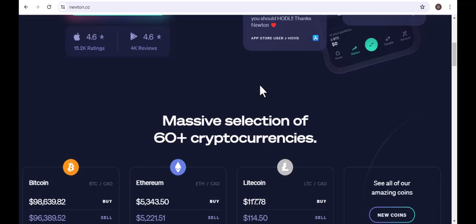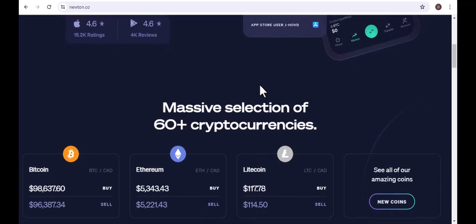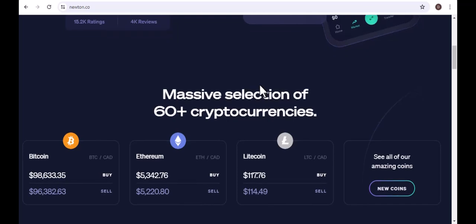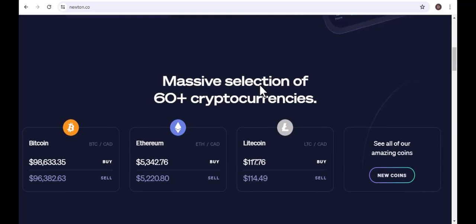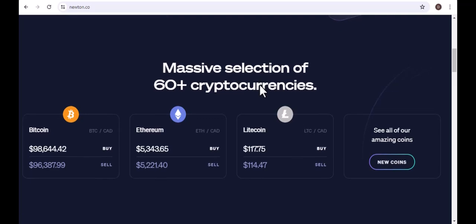This means that the core functionality revolves around buying cryptocurrencies using Canadian dollars, CAD, and selling cryptocurrencies back into CAD. While they offer a growing selection of digital assets, the platform's architecture is geared towards these direct fiat pairings. Therefore, the direct swapping of one cryptocurrency for another, say, directly trading Bitcoin, BTC, for Ethereum, ETH, or Cardano, ADA, for Solana, SOL, is not a currently available feature on the Newton platform